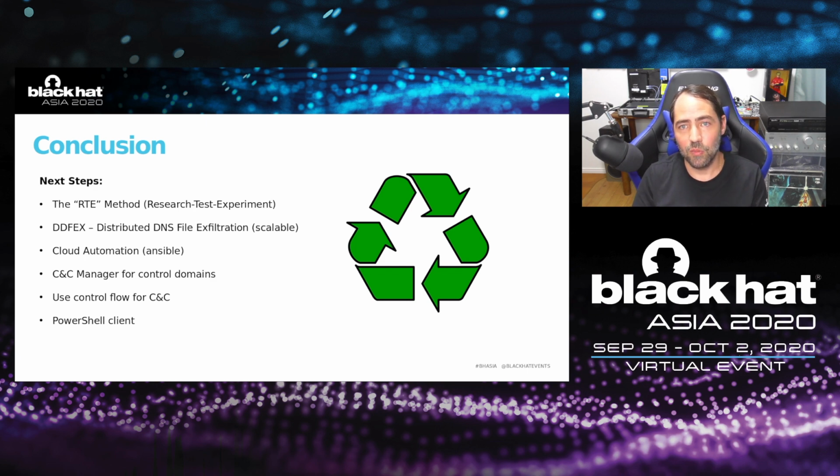What else can we do? Remember I mentioned you can scale this, right? What about if you have 50 control servers? The actual control server can also be split into multiple different servers at the same time. You start a cloud Ansible, bring it up, a cloud automation, and just start a whole deployment, bring it up, exfiltrate data, bring it down. So this could automate, have multiple agents, because each file you exfiltrate has an ID, so it can have parallel running, threading, and all those things to speed up file transfer, basically, right?